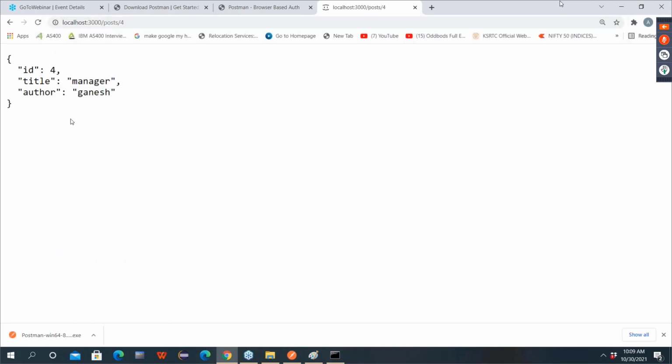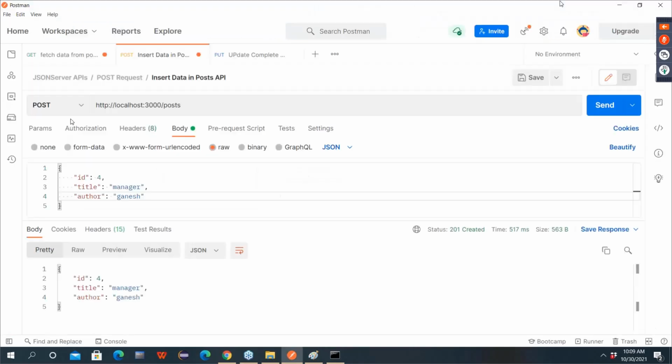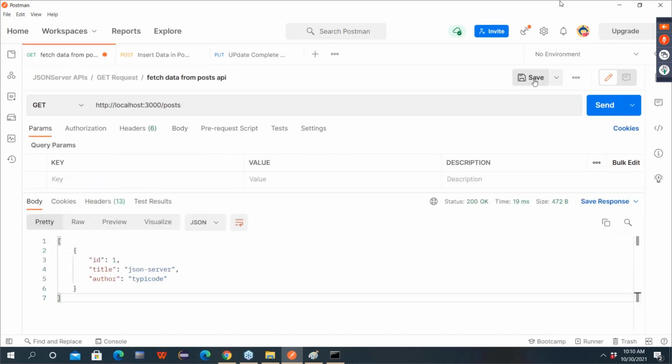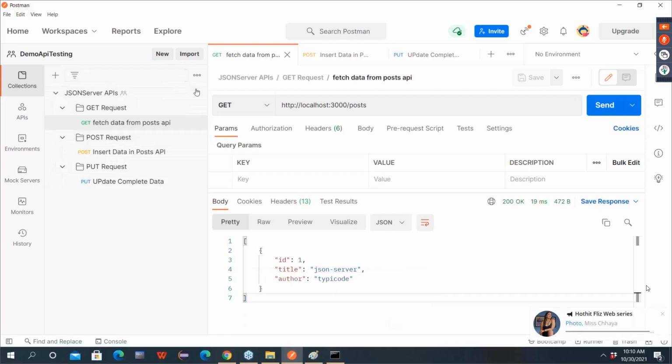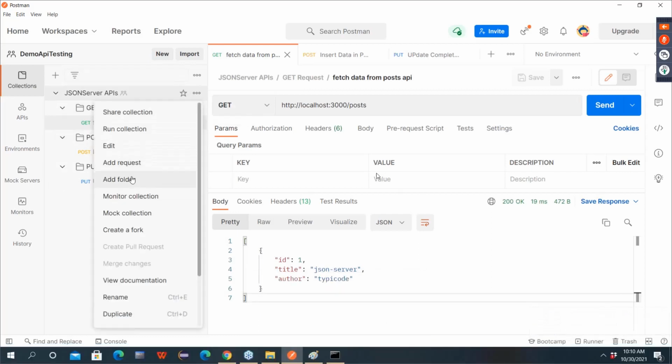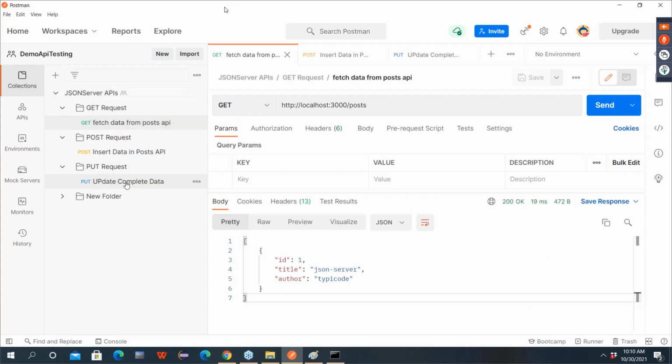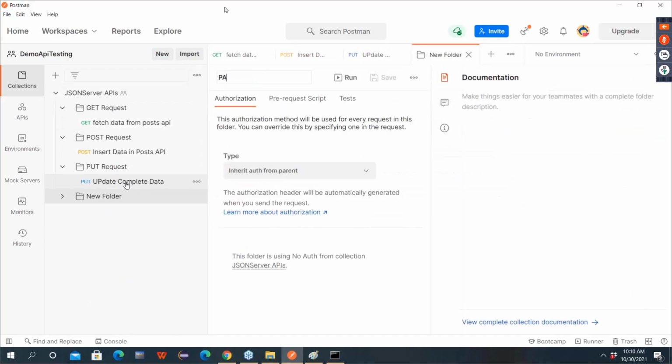I am identifying it. Now, guys, let me save this. Make sure in Postman the auto save option is not there, so you have to save before closing. So let's say here again I will add a new folder, Patch request.